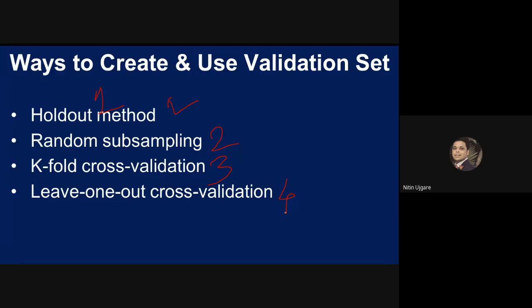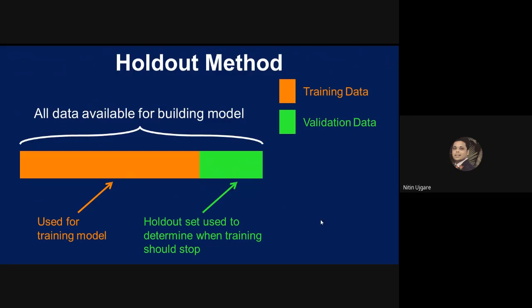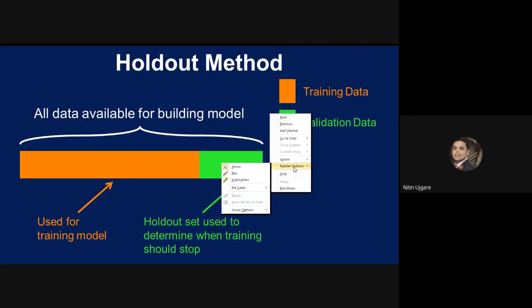So we'll discuss three methods out of these four. Random subsampling is basically a wide method, so I just keep it because I need a separate 40 minutes to explain it. If time permits, some other day, I will take it, based on your interest and choice. So apart from random subsampling, I will go to the remaining three methods. Let me go to the first, holdout method.